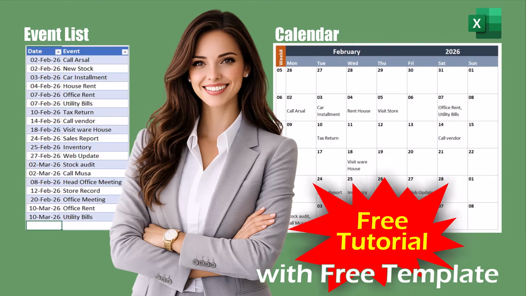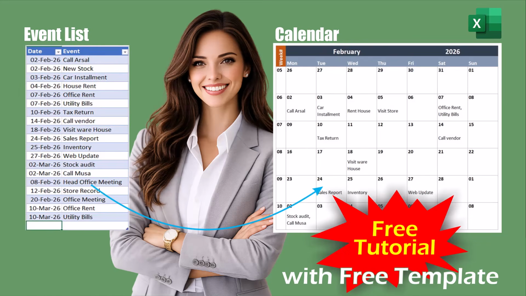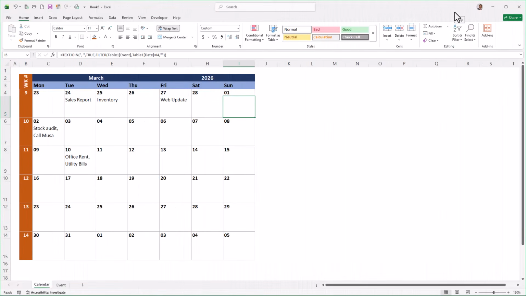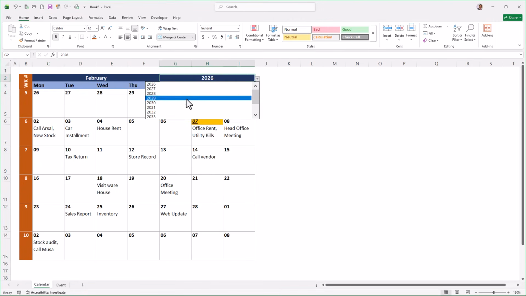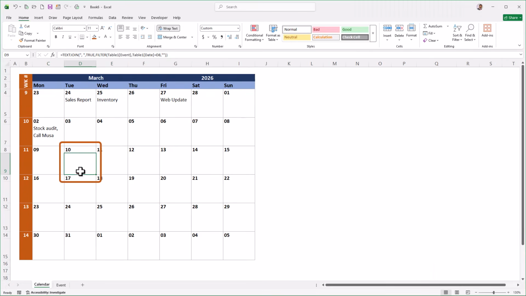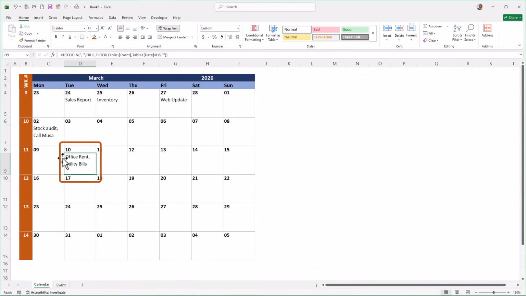In the next few minutes, you'll see how a simple list of events becomes a powerful dynamic calendar in Excel. Here's the best feature: switch to any month or year you prefer, and the calendar automatically preserves all your events. Also, the Smart Excel calendar updates in real time. Simply add or modify any event in your list, and it will instantly appear on the calendar, automatically adjusting for